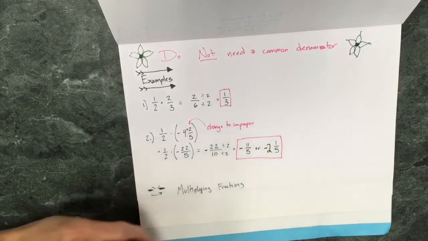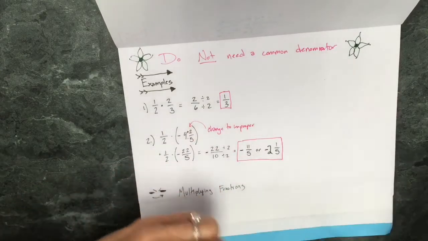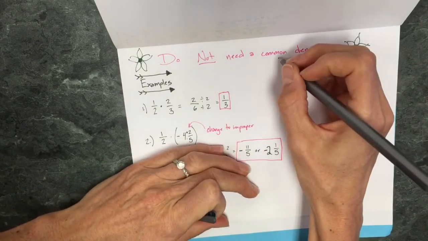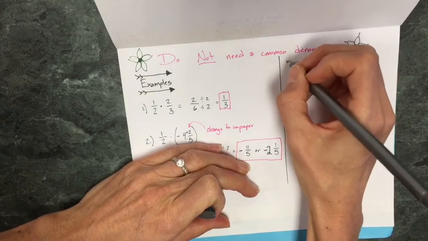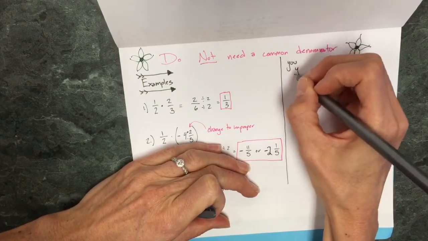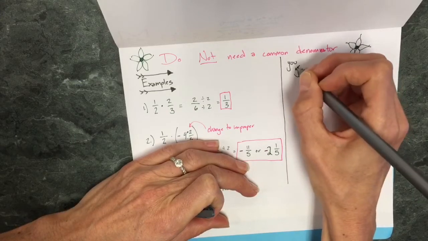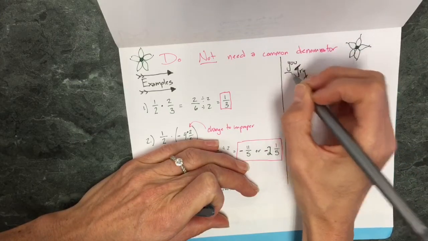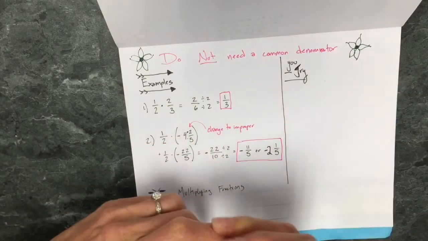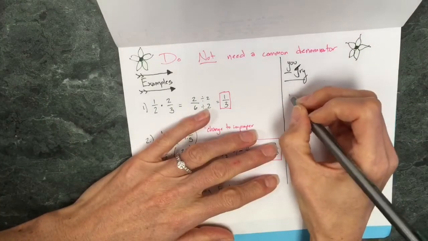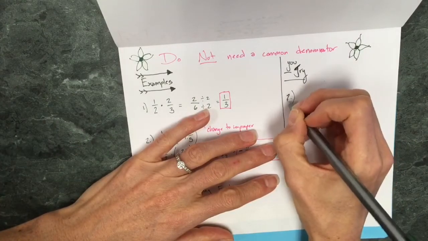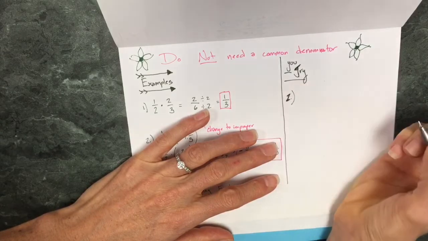Okay, so here's some for you to try. I'm going to make a little dividing line here. So you try. Ooh, it's early in the morning. So here's your first one. Number 1,